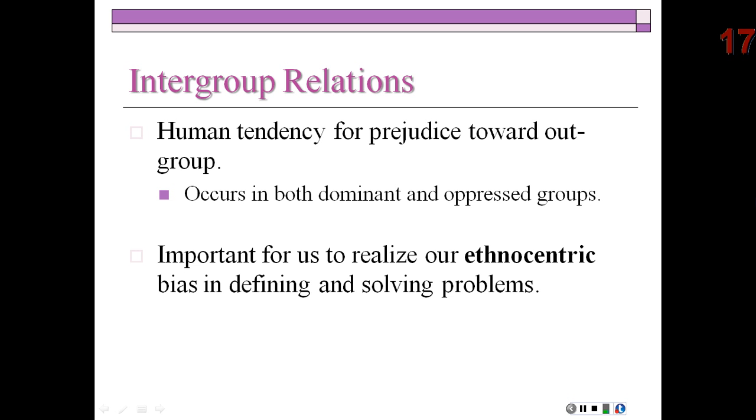And we don't need to get into a big discussion about that, but we need to understand that we can see terms in our own ethnocentric bias and identify that bias. And by identifying that bias, we're able to move forward in another direction. So we need to label it and then move forward on it and try to break down those barriers of intergroup relationships, of negative intergroup relationships.